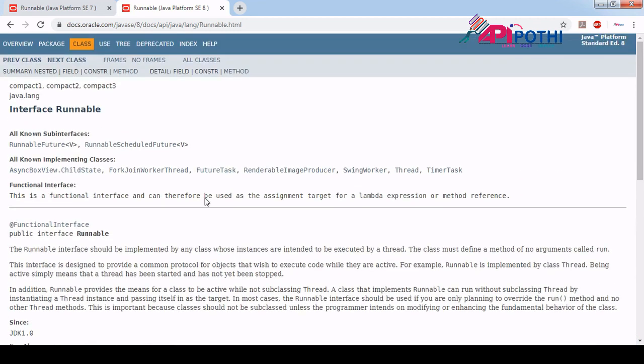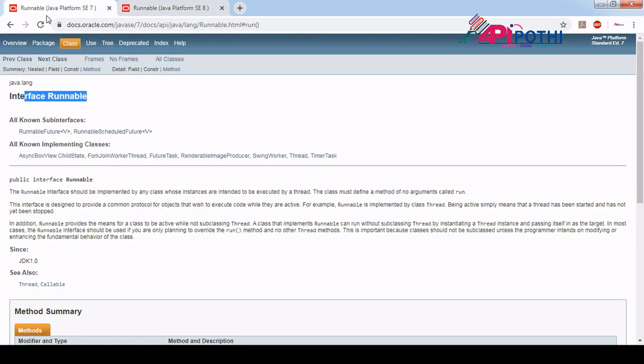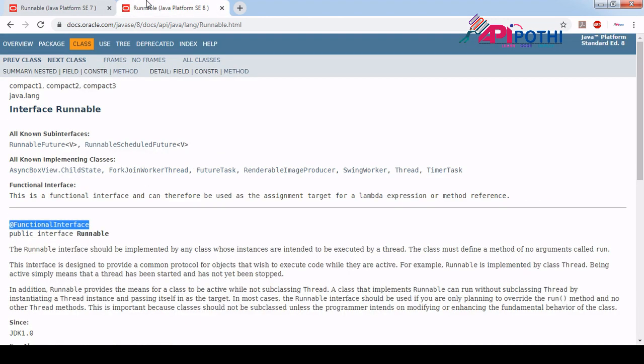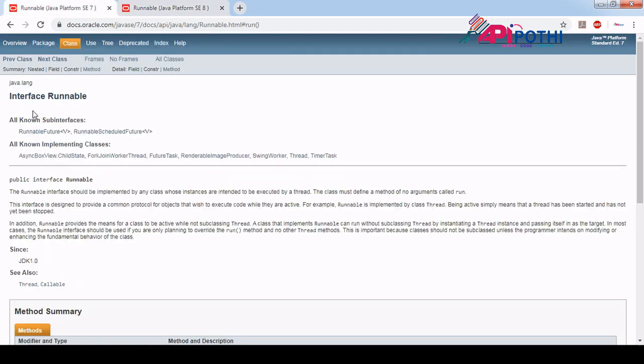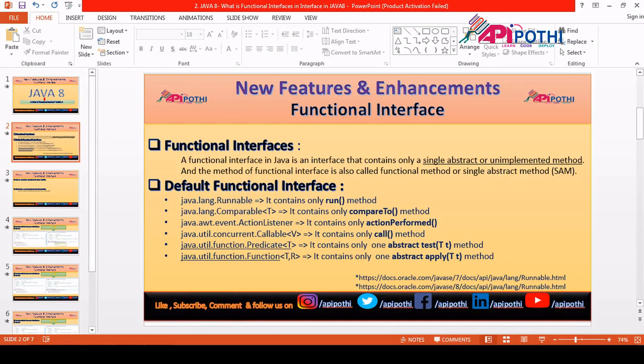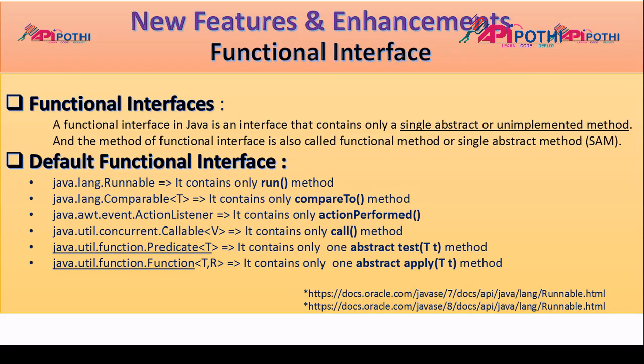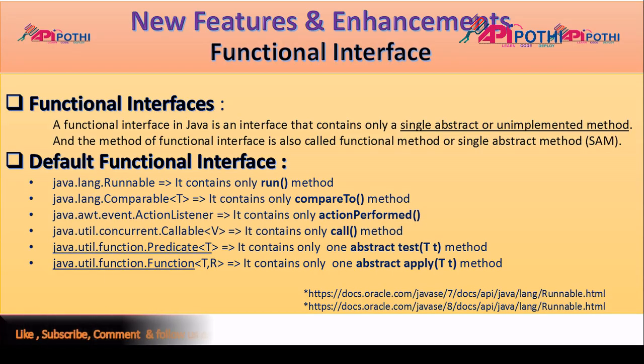It also has the @FunctionalInterface annotation, but this kind of annotation we don't have in Java 7. That is the reason I was telling you that the concept called functional interface came in Java 8, and all the rules for the functional interface got applied to Runnable, since it matched the definition. So this is all about the functional interface.